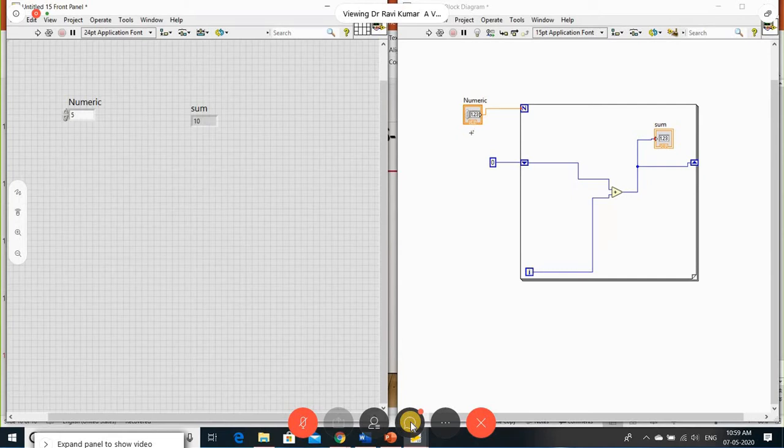So until 4, it is going to be added. The for loop will stop with the n minus 1 element. Fine. So this is how we can implement the while loop as well as the for loop.